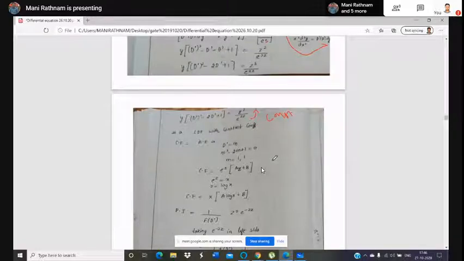So reduce or convert is a very important one. Sometimes 2 marks will be asked: reduce or transform this variable coefficient equation into a constant coefficient differential equation, which means up to this point is enough for the solution. Sometimes the question will be asked, reduce the variable coefficient differential equation into a constant coefficient differential equation, which means here itself is enough.